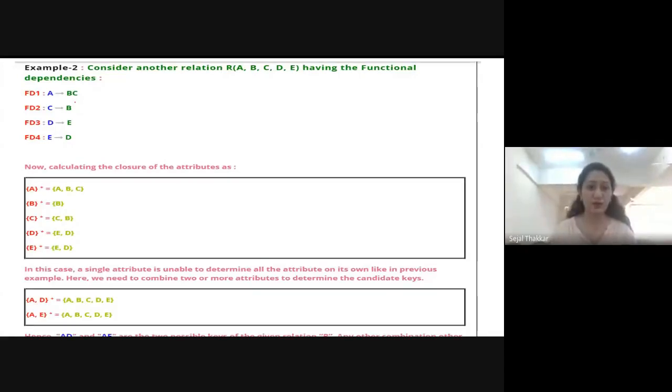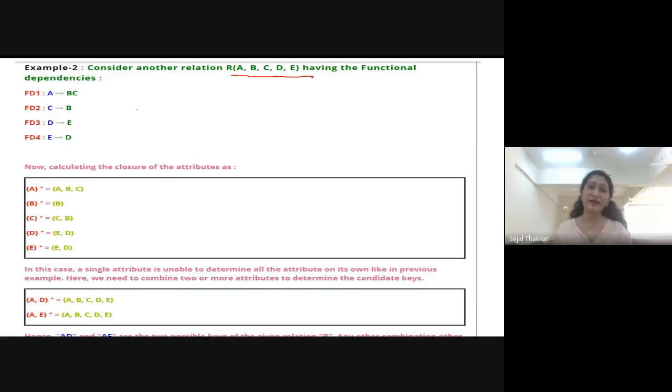Now you have to tell me the closure of A, B, C, D, and E. All the closures you have to find out, and then we have to find the candidate key. There are two ways to find the candidate key: from the closure, and from the attribute which is not present on the right hand side. That attribute will become our candidate key.